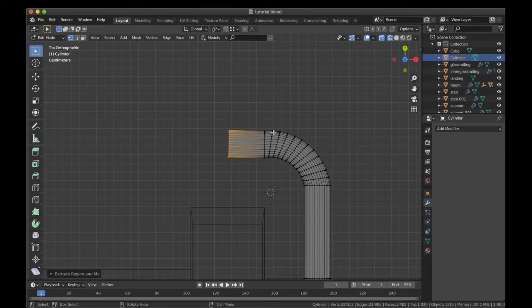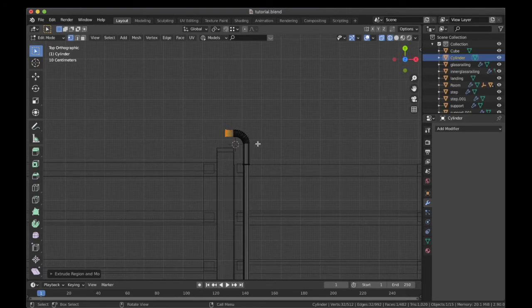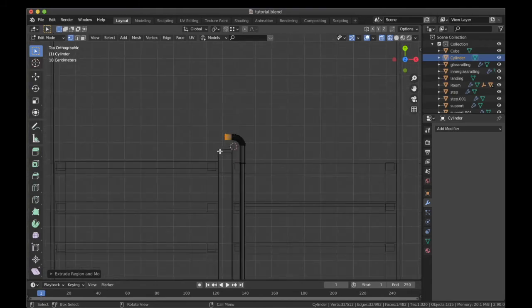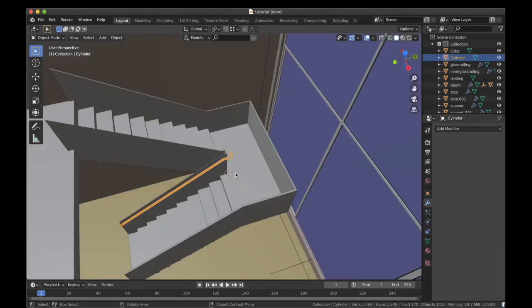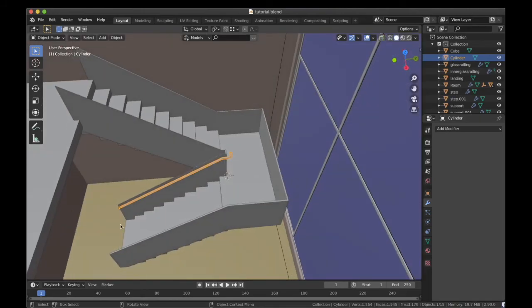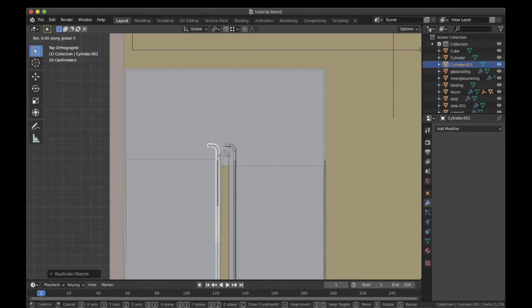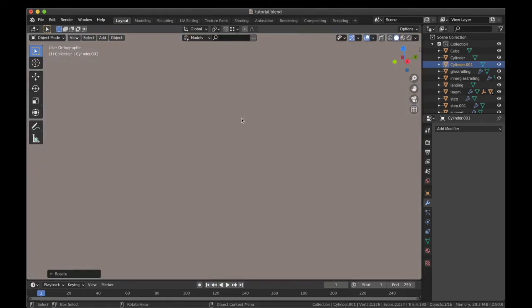So I will not extrude it completely and I will not spin it again. What I will do instead is duplicate it and then reposition it so it will give the railing on the other side as well. We cannot mirror it because the slopes are different. One is going from ground floor to the mid landing and the other is going from the mid landing to the first floor. So for that I will first duplicate it over here, then rotate along the y axis with R and then press 180. So we have it already quite in place.